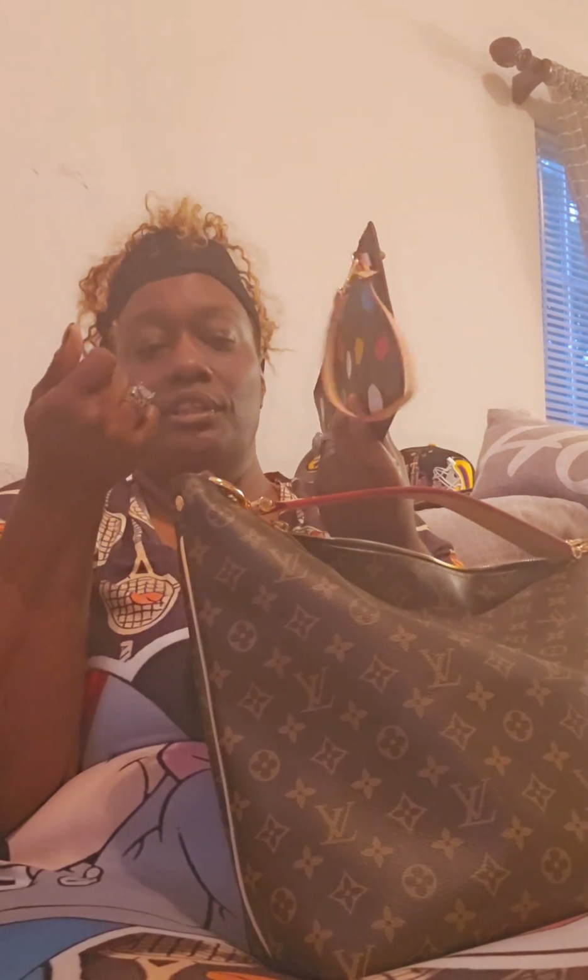Louis Vuitton's pouch with the Neverfull is sturdy, very sturdy, y'all. Almost like it's stiff. And I don't carry my pouches enough to know if it eventually will get loose or thinner. But if you ever have one that's just really, really flimsy, like loose like leather, question that, because that's what we noticed. That was the only thing. The lining,